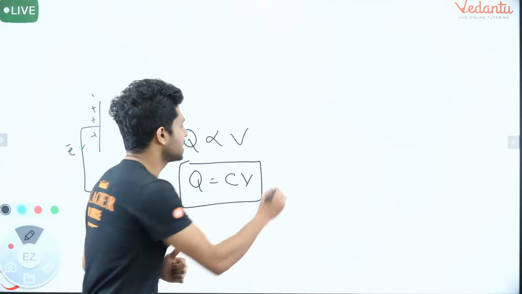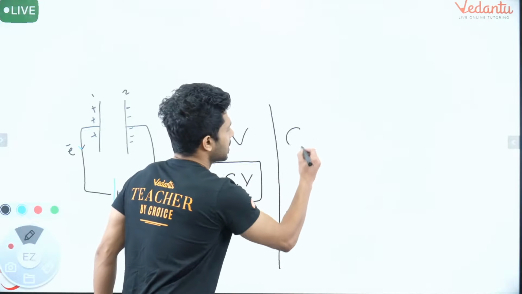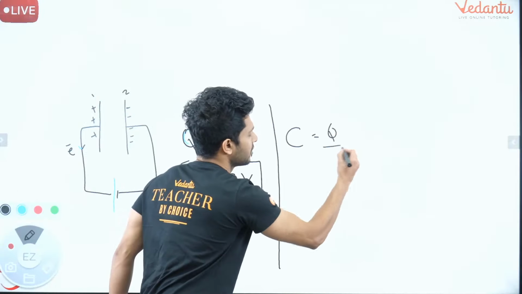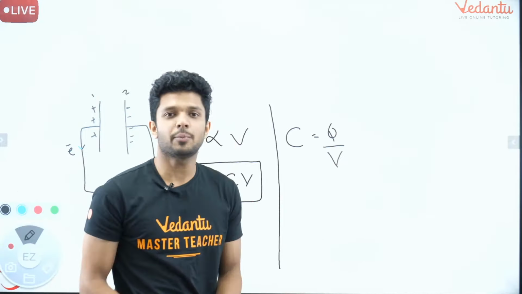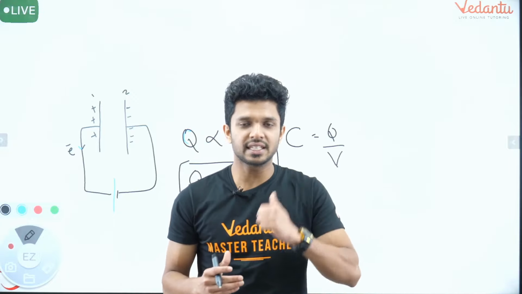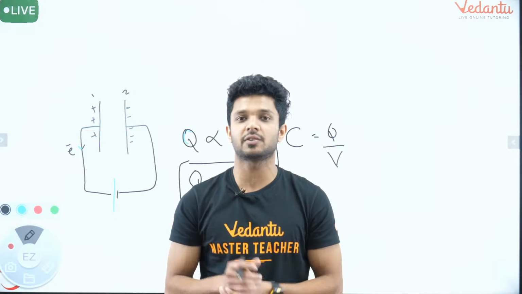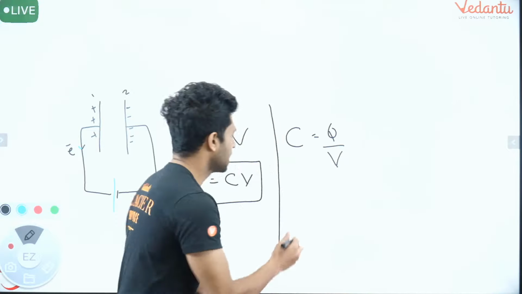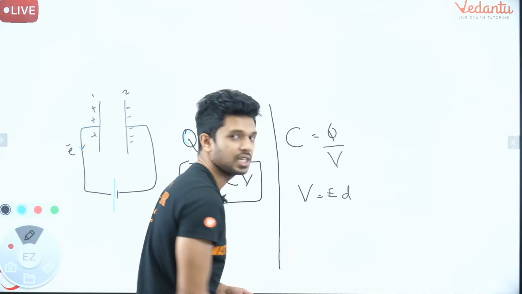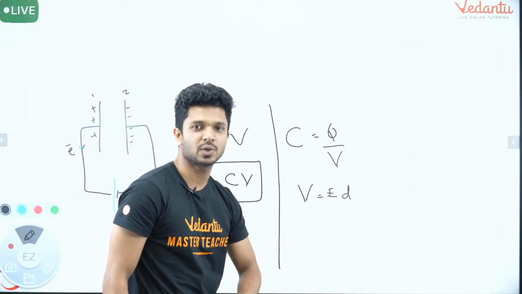So for the derivation for the capacitance of the plates, just by rearranging this equation, C will be equal to Q divided by V, where V is the potential difference between the plates. So if V is there, which means the electric field is there, and the distance between the plates is given, how will you make it as an equation? You might already know from the chapter, V is equal to E into D, where E is the electric field between the plates, and D is the distance between the plates.